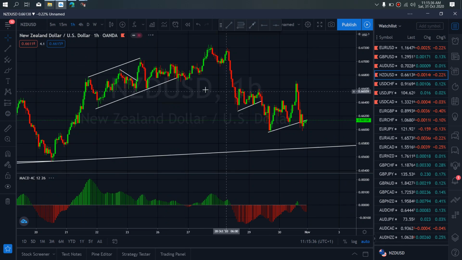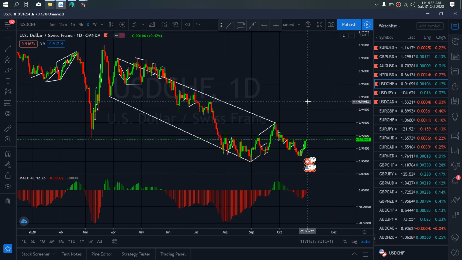So we want to look out for that. Resume to 1-hour time frame. On the 1-hour time frame, watch for correction here to take us to the trend line, and then on dollar swiss for this week,